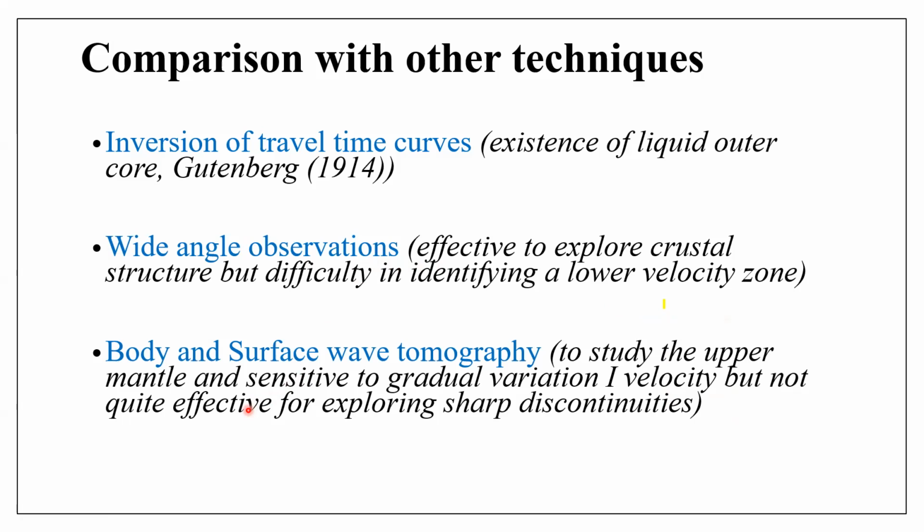If you talk about wide angle observations, it is considered effective to explore the crustal structure, but it has some difficulty in identifying low velocity layers. Likewise, body and surface wave tomography is important to study the upper mantle, and it is sensitive to gradual variations in velocities, but it is not quite effective for exploring sharp discontinuities. So this is the place where